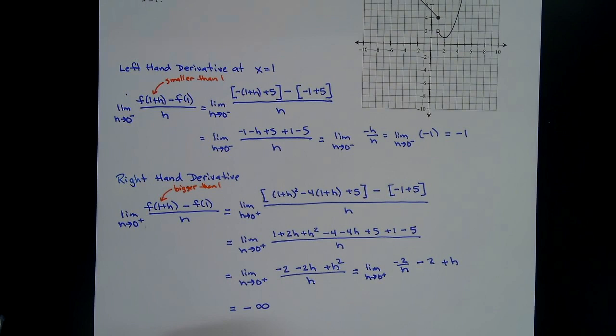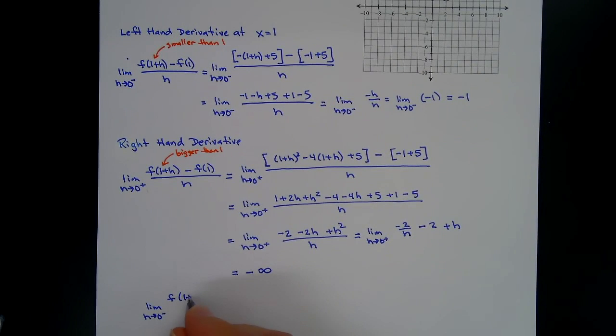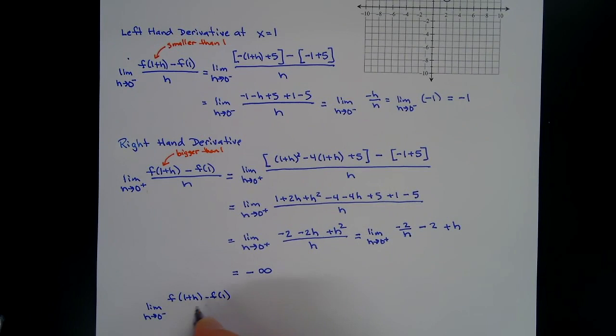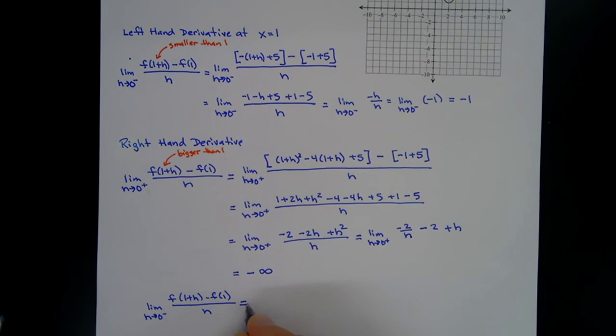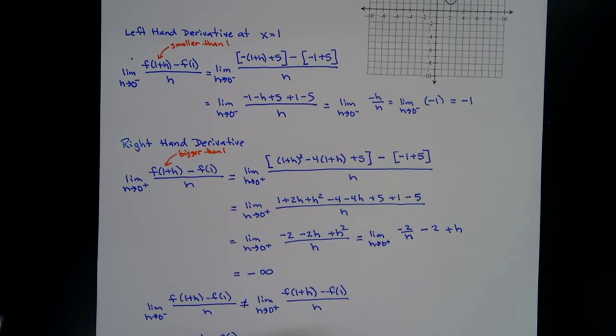The limit as h approaches 0 from the left of f of 1 plus h minus f of 1 over h does not equal the limit as h approaches 0 from the right of f of 1 plus h minus f of 1 over h. So we would say the limit as h approaches 0 of f of 1 plus h minus f of 1 over h